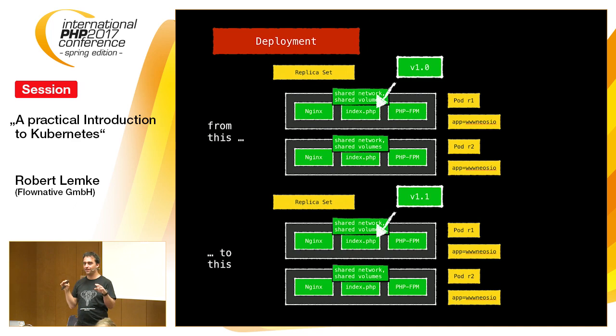Imagine you have 10 or 50 replicas running, then it will gradually transition from the old version to the new version and direct traffic to it. Of course, your application should be able to deal with that. But there are some rather easy strategies to do that, and if your application can actually handle that, it's just beautiful. Nobody will notice that you're rolling out a new update.